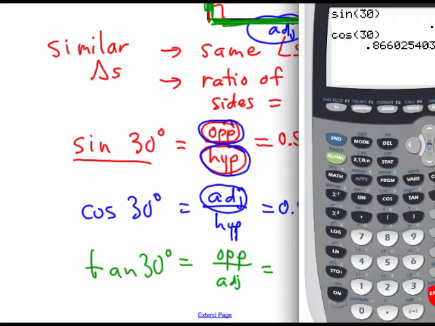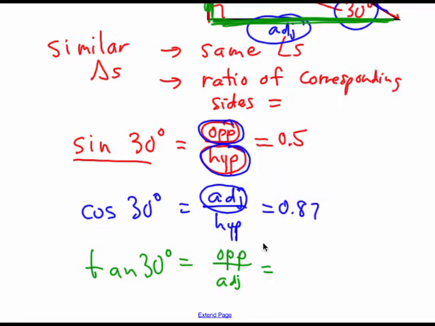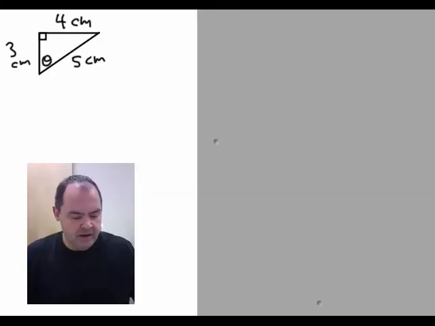Alright, and if I go to my calculator and type tangent 30, I'm finding that the opposite to adjacent ratio is 0.58. Alright, I have a right triangle here with